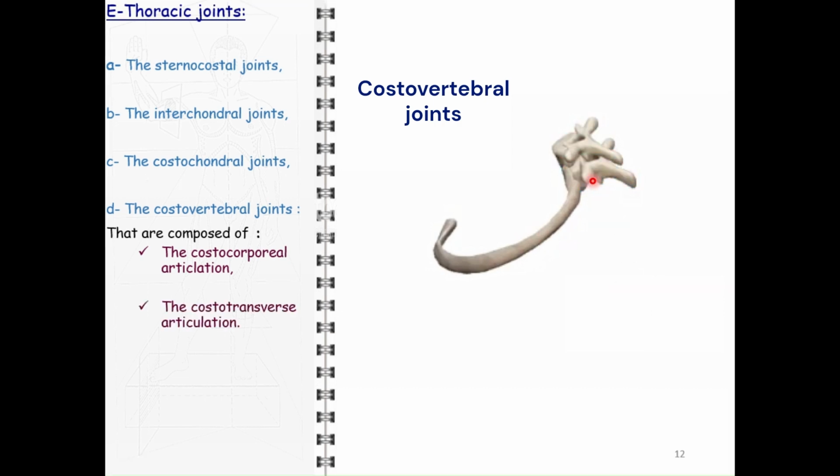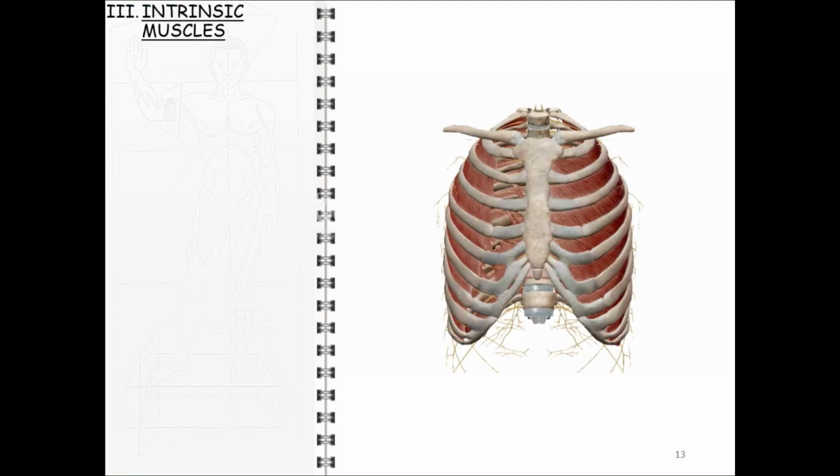And the costotransverse joint unites the costal tubercle and the transverse process of the vertebra of the same number through the superior costotransverse ligament, the lateral costotransverse ligament, the interosseous costotransverse ligament, and the costolamellar ligament. Turning our attention to the intrinsic muscles, we explore their anatomy while having an essential role in supporting thoracic movements